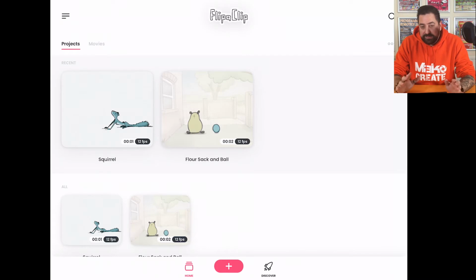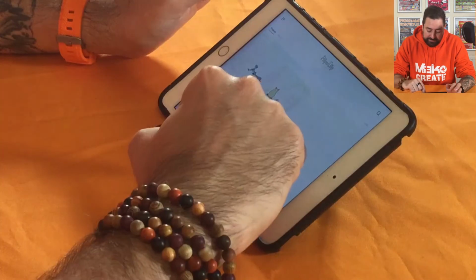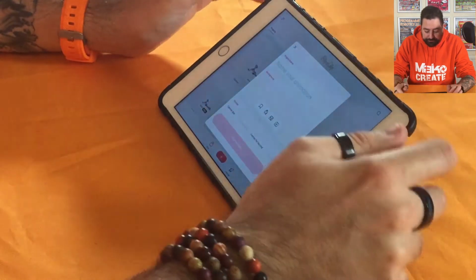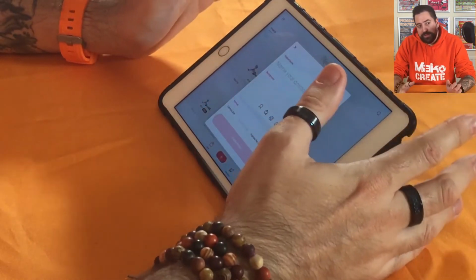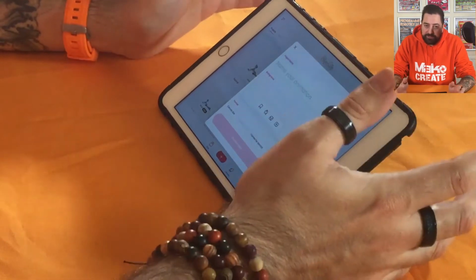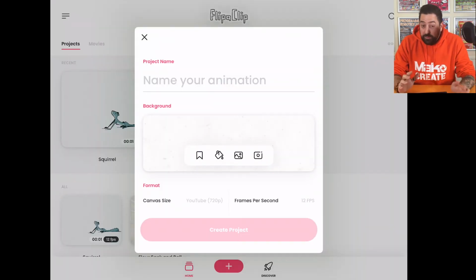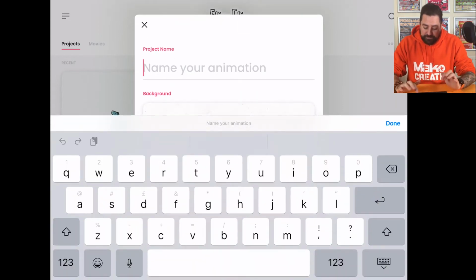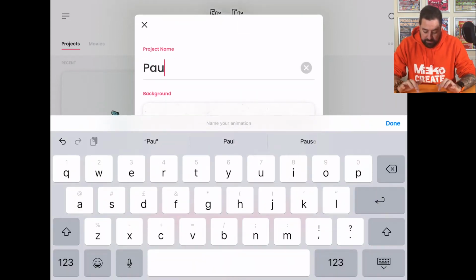So what we're going to do is set up our project, and to do that, looking at my screen, it might be slightly different on different devices, but we're looking for a pinky peach button that's got a white plus in it, and this allows us to create a new project. So if I give this a tap, it loads up our project page, and it's asking for a project name. If you're unsure of what you're going to call your project or your animation, you can, if you tap on it, just give it your name. So I'm just going to say Paul's